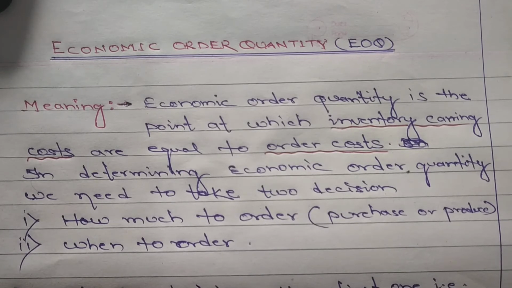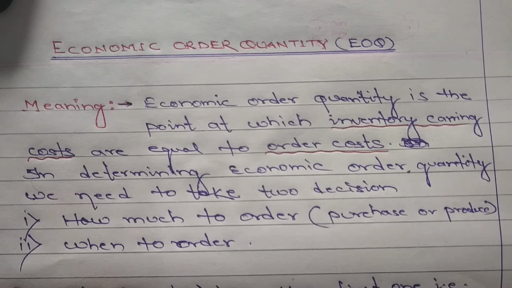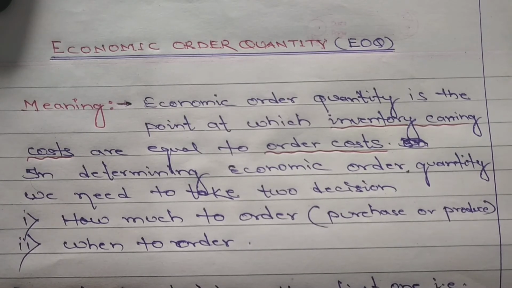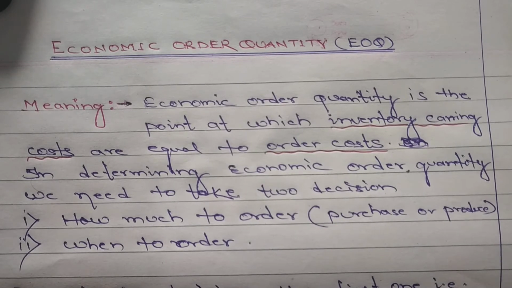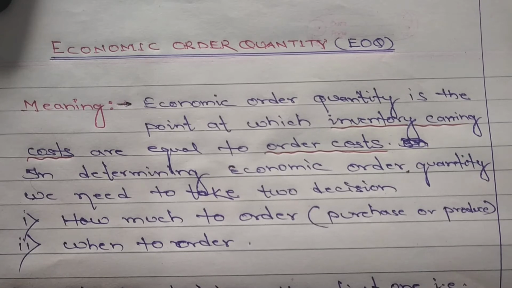inventory cost. In the previous video we talked about what inventory and inventory control are, and then the different techniques of inventory control. There we came to the conclusion that inventory cost should be minimum. Then only an organization can have a good profit. So to solve the question of how we order raw materials and different components which are being used in the production process, this is basically the concept of EOQ.